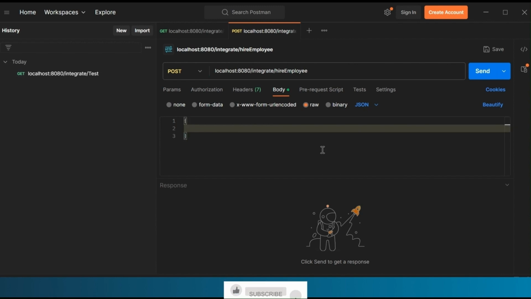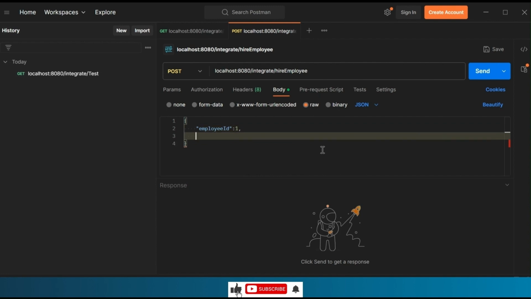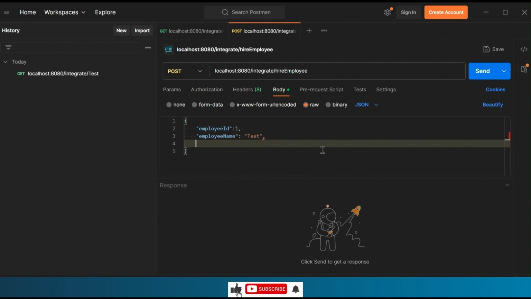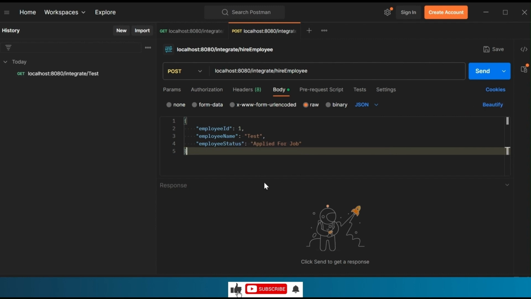Enter an employee object as body. Then click on the Send button.